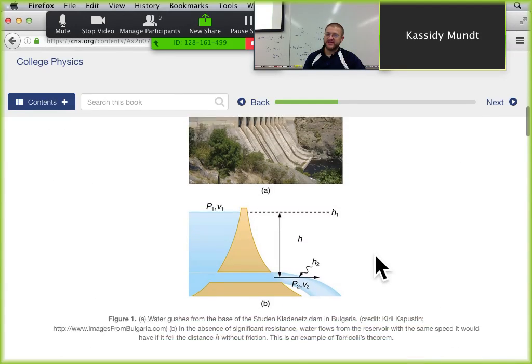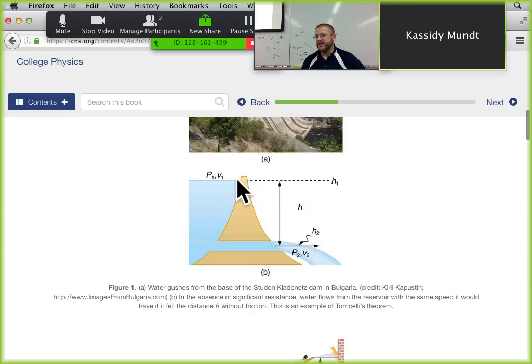And that's the same reason that when the water is at the top of the dam and at the bottom of the dam, there's a change in speed there. Because at the bottom of the dam, it's going much faster out here than it is at the top of the dam here, right? And the thing that provides the energy for that change in speed is the pressure, again. Right? But that pressure is caused by the height of the water this time.